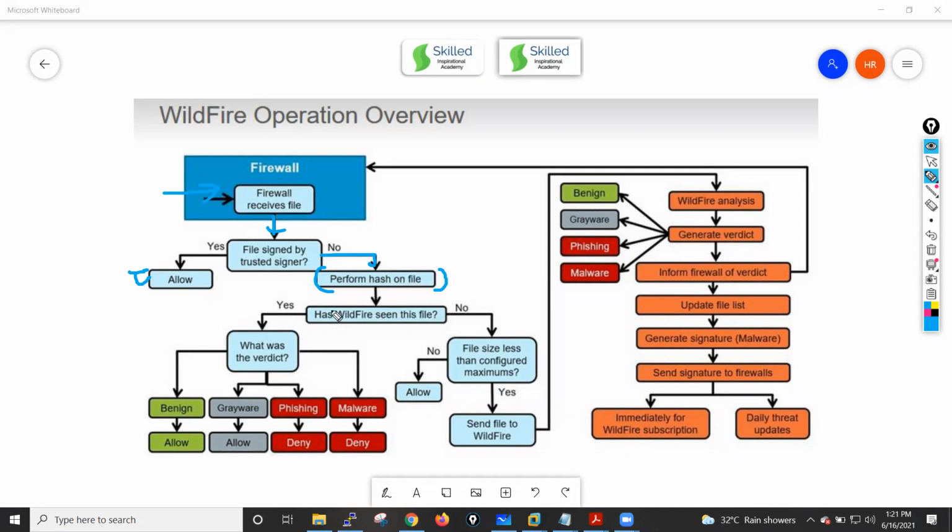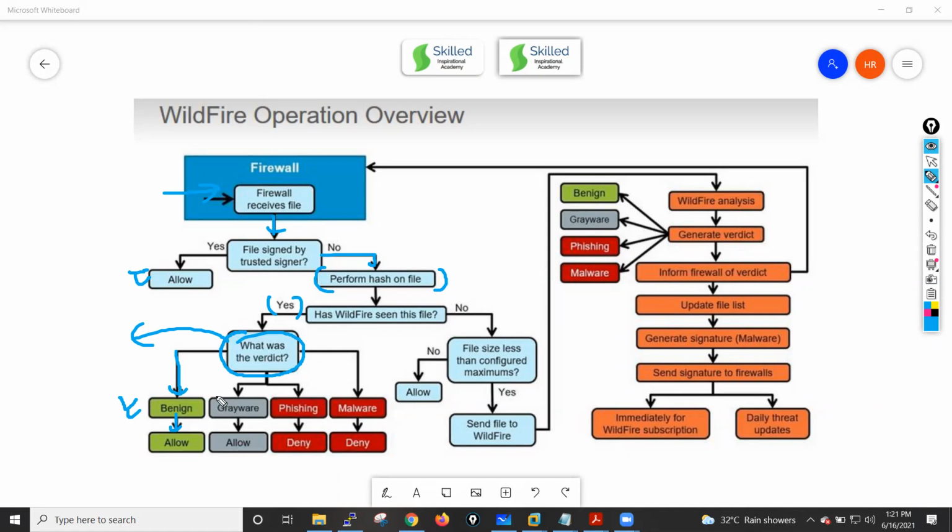If this particular hash value is matched with any signature, which means that particular file has a verdict. Now according to the verdict, my firewall sees if it's a benign file, which means it's a clean file, not having any kind of malware, so it will be allowed by the firewall.